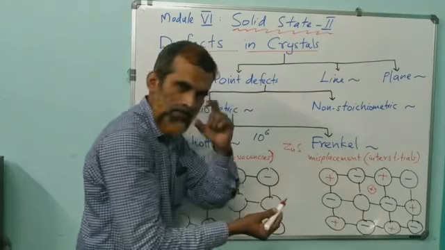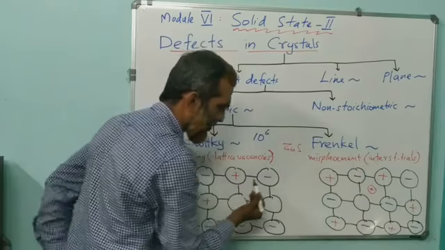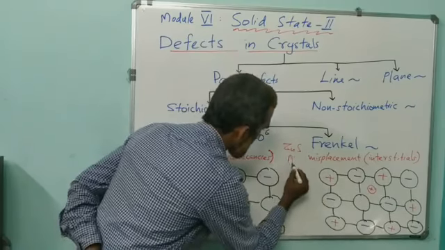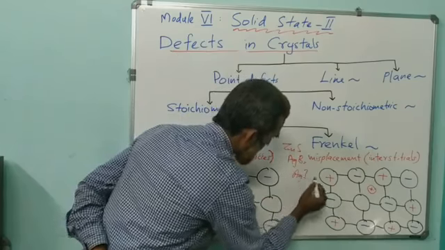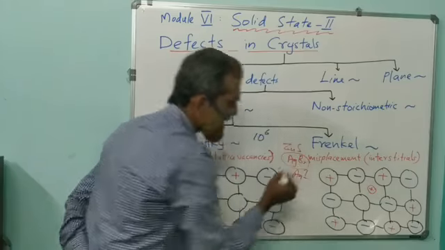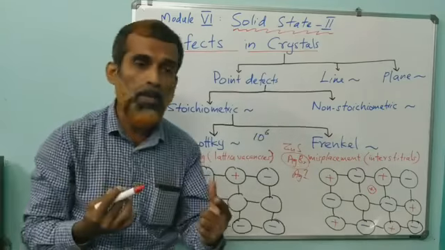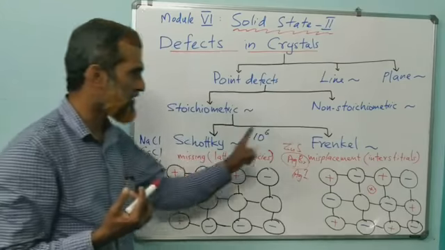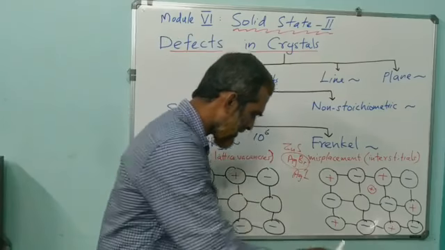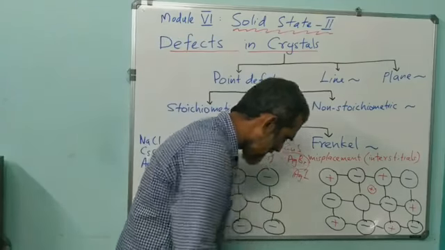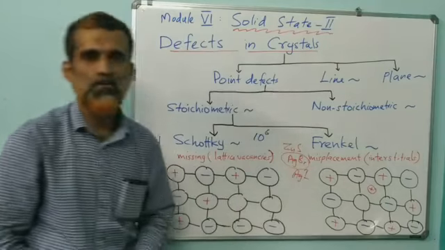You know, zinc has a much smaller size, so zinc ions will enter into the interstitial voids. Silver bromide, silver iodide, etc. And it's very important that silver bromide shows both Schottky defect as well as Frenkel defect. So that's about Schottky defect